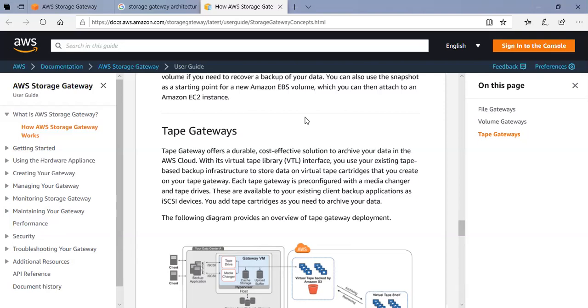So tapes are nothing but a type of magnetic strips which takes the data from the tape library. The tape library is one of the important equipment which enables the data backup function. Is there any confusion here? Guys, unless and until you catch this concept, you will not be able to correlate this architecture.